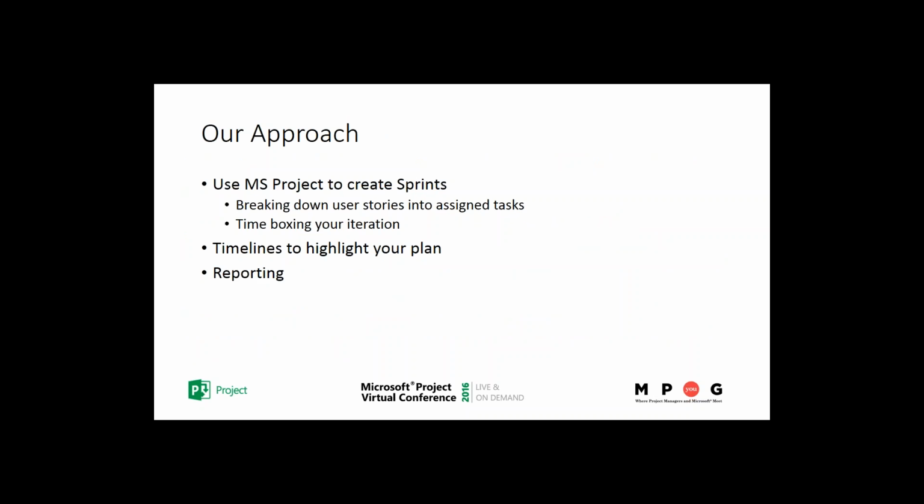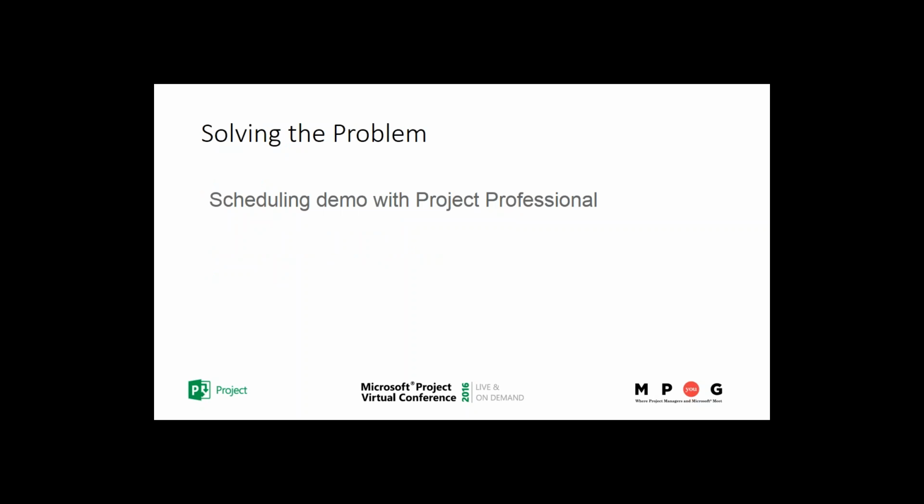All right, I'll discuss the approach we're using with Microsoft Project to facilitate Scrum sprints. But this same method could be used for any Agile framework that uses iterations, for instance. How the timeline feature can be used to communicate a schedule for a Scrum project. And finally, we'll talk about some reports that can provide you insights into your project. All right, we're going to move over to the demo portion here.